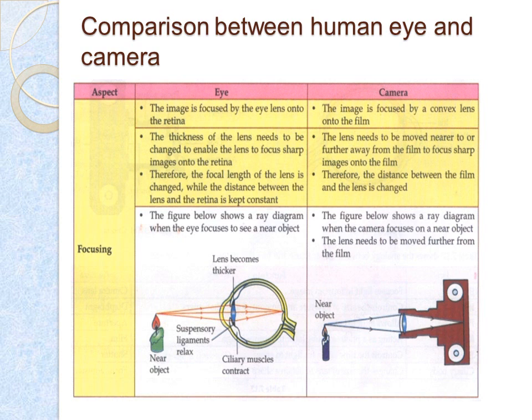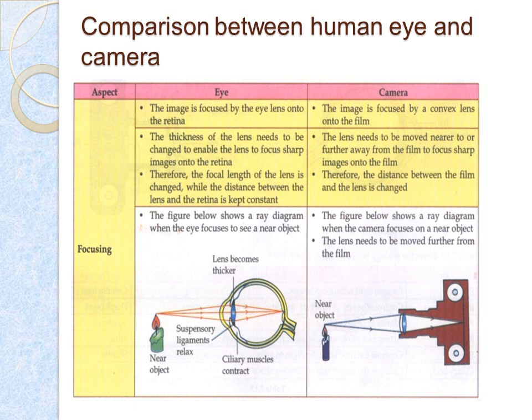Now in this slide we will be comparing the human eye and the camera. This is actually not directly present in your portions, but I think you should know the difference, as the eye also acts as a camera. It should not be omitted from your portions, and you should know how an eye works and how a camera works. So how the working principle of the eye is similar to that of a camera should be known.